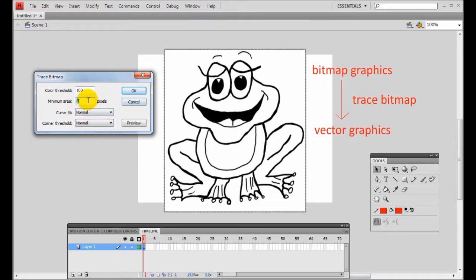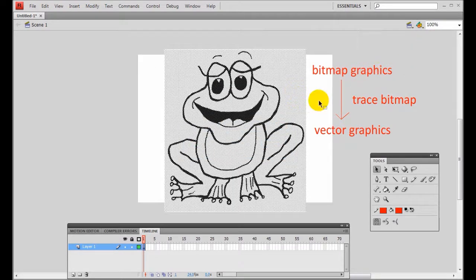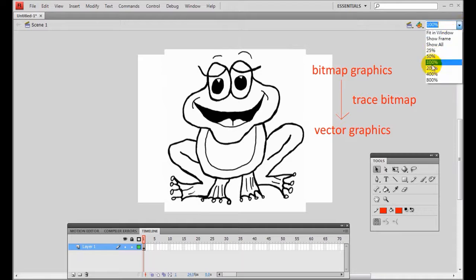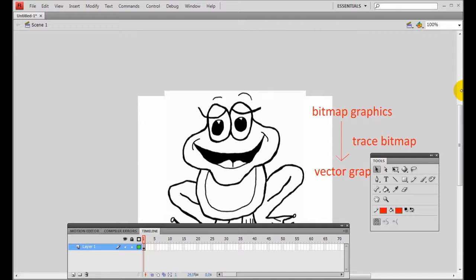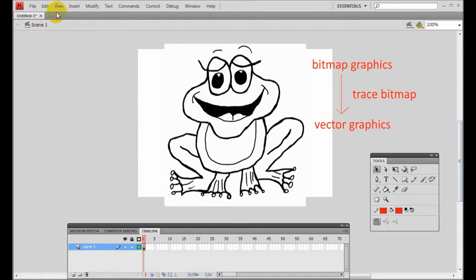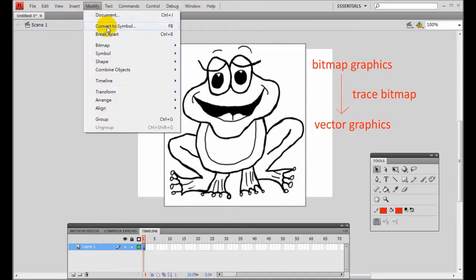let's try out this one, setting 1 pixel as the minimum area, and click OK. And we can see that by enlarging this image, the outline is a bit ugly. It is in the form of a zigzag line, and this is not quite satisfactory. And we can simply redo it, undo trace bitmap, and redo it